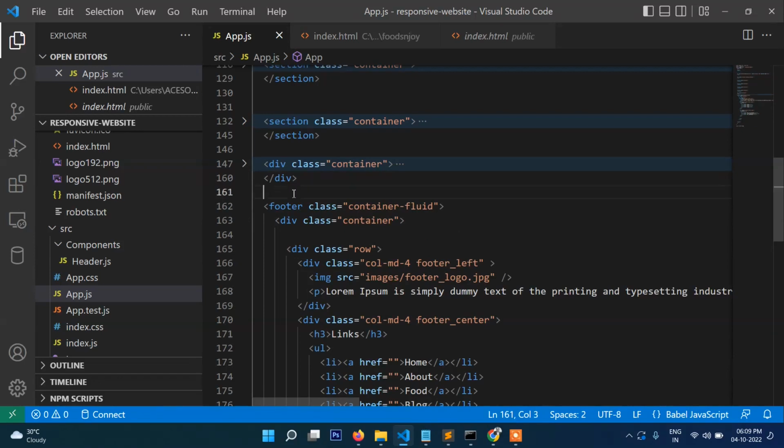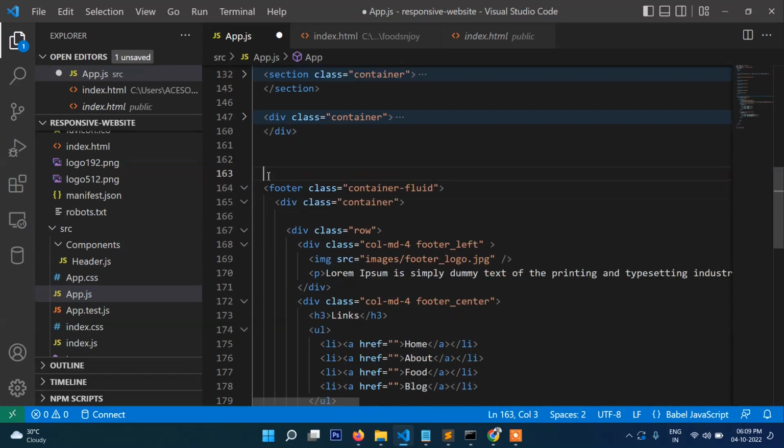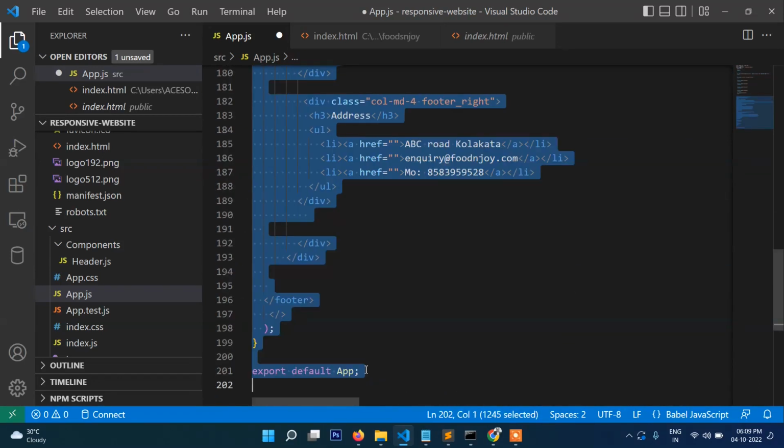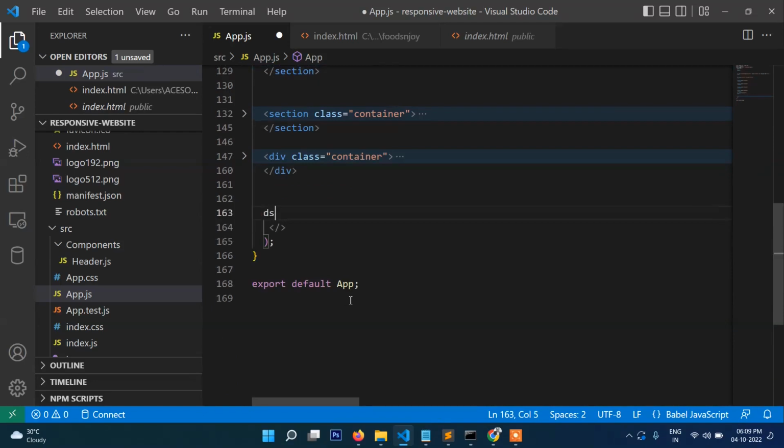And the footer will be a different section. So just cut it from here up to the footer, and then we will paste here. In the meantime, let's create a file called